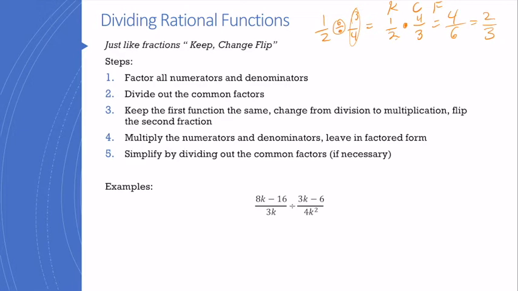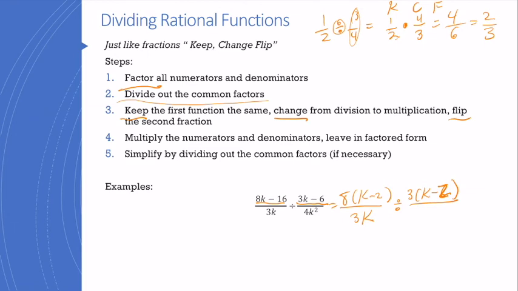We're going to do the same thing when it comes to using rational expressions, but the first thing I need to do is factor my numerators and denominators, simplify each of those as much as I can by eliminating the common factors. Then we're going to keep the first function the same, change from division to multiplication, and flip the second fraction. So let's go ahead and factor our numerators and denominators. So 8k minus 16, that becomes 8 times k minus 2 over 3k, divided by 3k minus 6, that's 3 times k minus 2